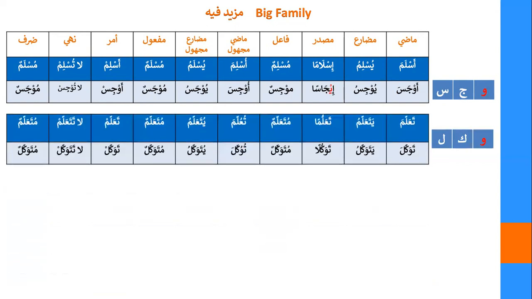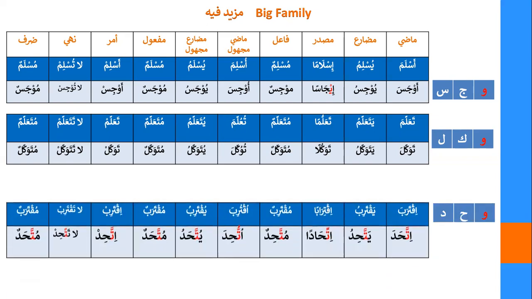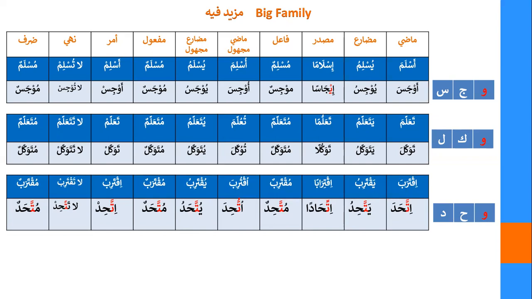Now, we have Waw, Kaf, Lam in Tawakkala, the Shadda family, or Fatah family, you can call it. It behaves normally, with absolutely no irregularities. Now, Waw, Ha, Dal: remember we said in the Iktaraba family where Ta is one of your container letters, the Ta and Waw merge together to form Ta Shadda, and that is followed throughout. So this is one thing that you have to keep in mind.